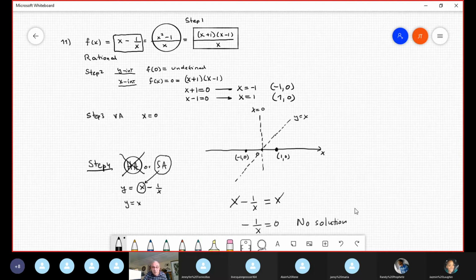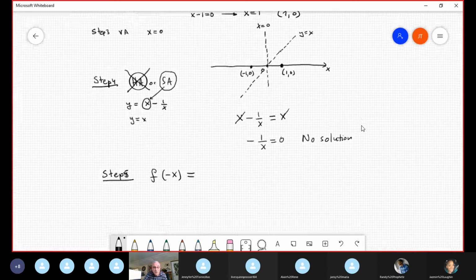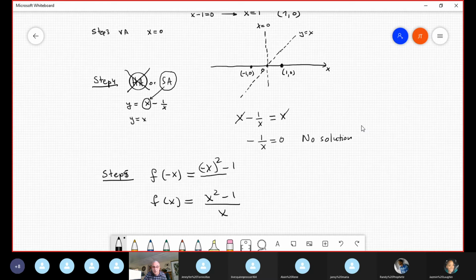Suppose f of x, the original, is equal to x squared minus 1 over x. Okay, I make a reflection. It says minus x squared minus 1 over